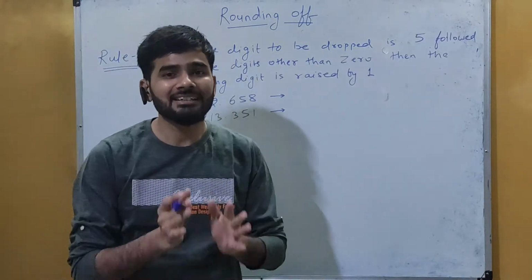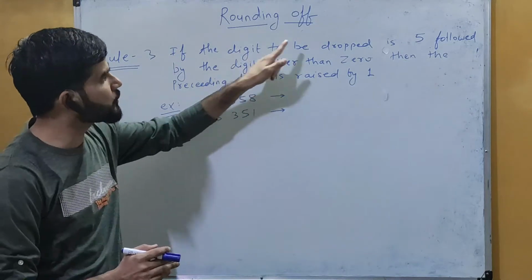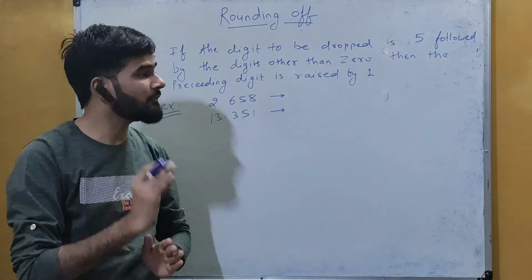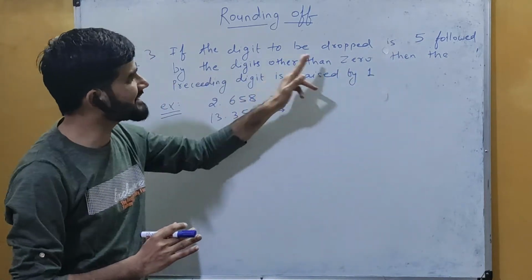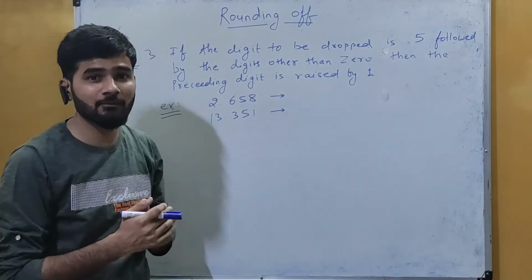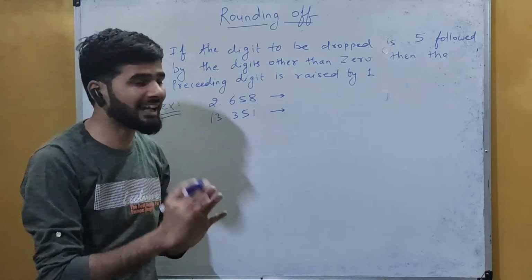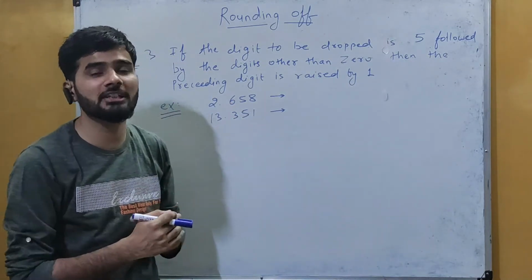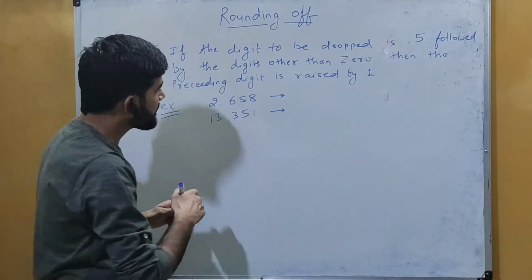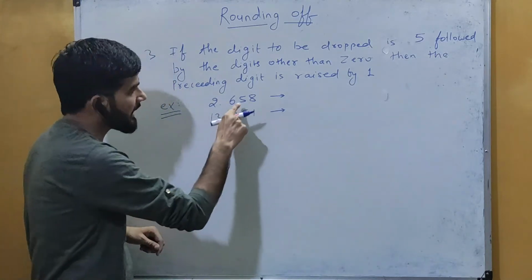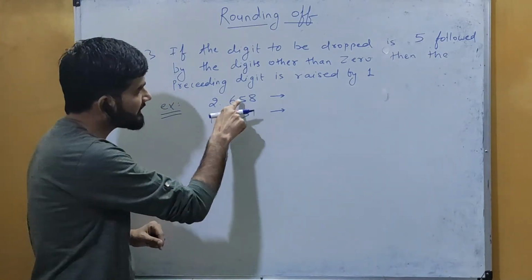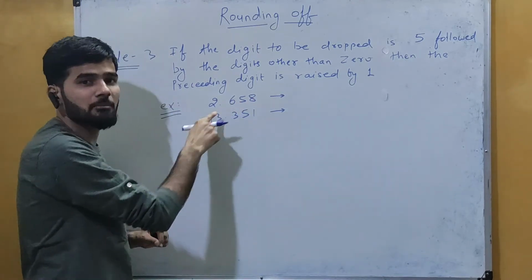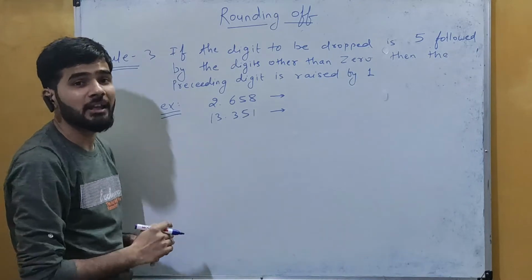Now look at rule number 3, that is, if the digit to be dropped is 5, मतलब जो digit ड्रॉप करनी है हमें वो कितनी है? 5 है, followed by digits other than 0, और उसके बाद जो digits हैं वो क्या हैं? They are not 0 but other than 0, then the preceding digit is raised by 1. In that case उससे पहले वाली जो डिजिट है वो क्या जाएगी? It will be raised by 1. For example, see here we have 2.658. यहाँ पर क्या है? We have 5. Okay, now this 5 is followed by the number 8 which is other than 0. तो यहाँ पर 5 से पहले जो नंबर है 6, क्या कर देंगे? It will be raised by 1. So I can write it as